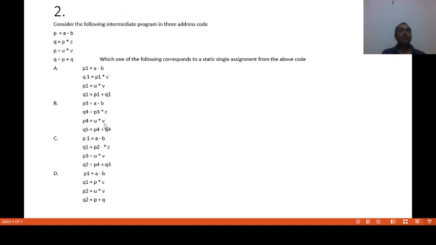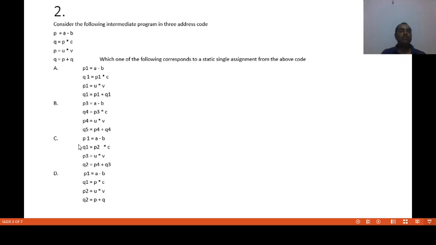That is also correct. Now, Q5 assigned the value of P plus Q. Now, the current P is P4 and the current Q is Q4. This one Q4 value and this one P4 value. This is correct. This option is correct.